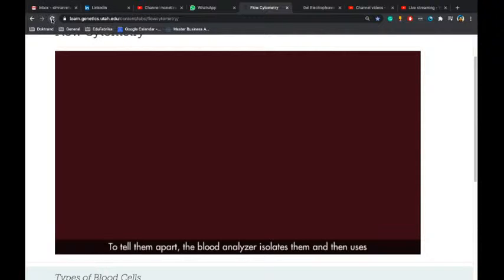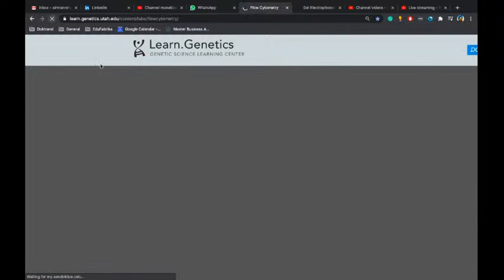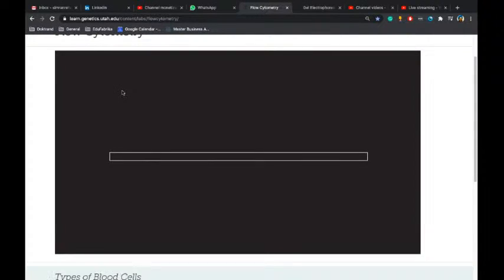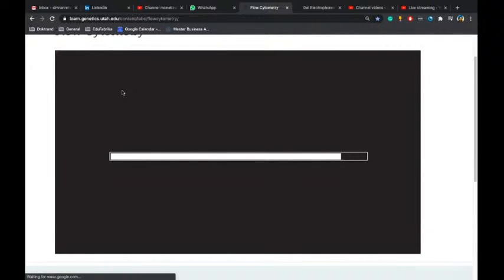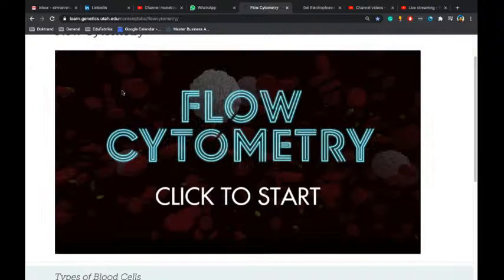Sorry students, some errors with the internet, with a networking issue. Let me go through the last slide then. So you are basically understanding how we are differentiating between B cells and T cells by adding different tags, and then we run under the flow cytometer and we can differentiate between these two cell types.